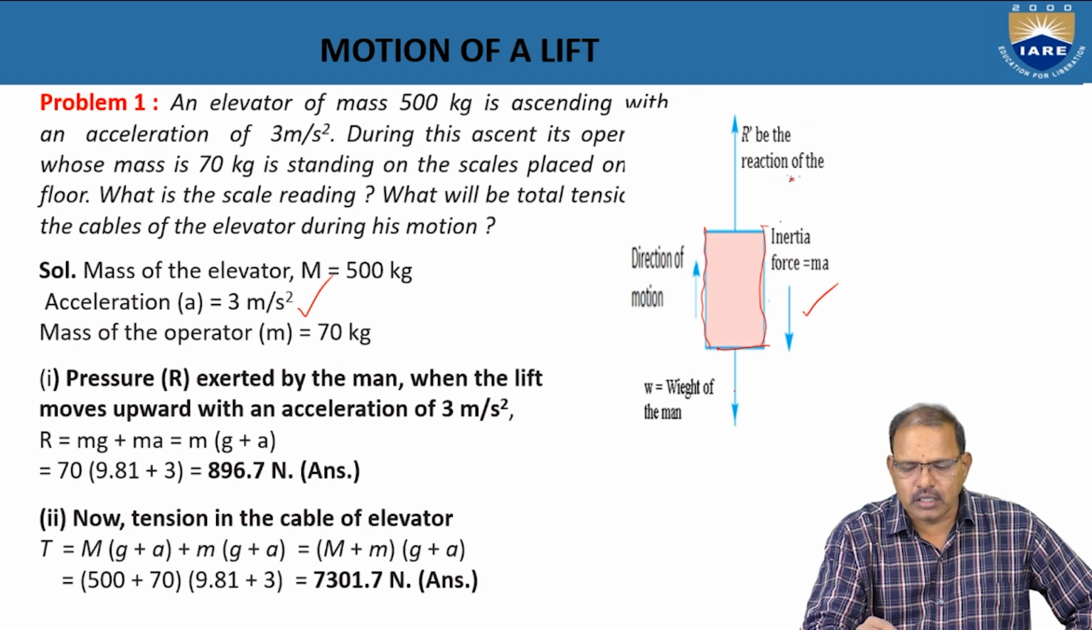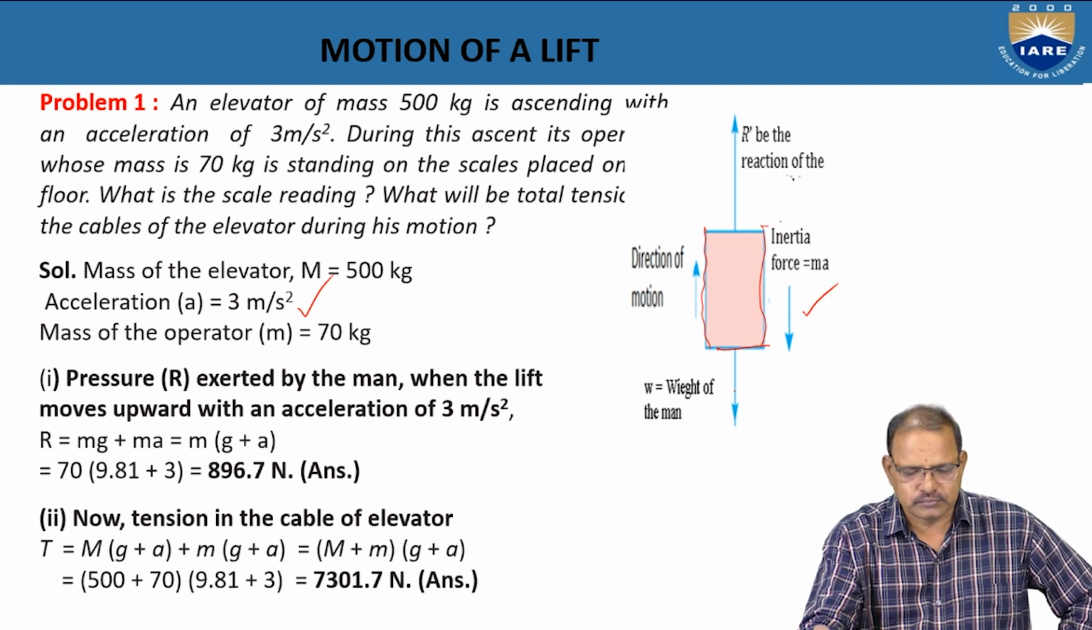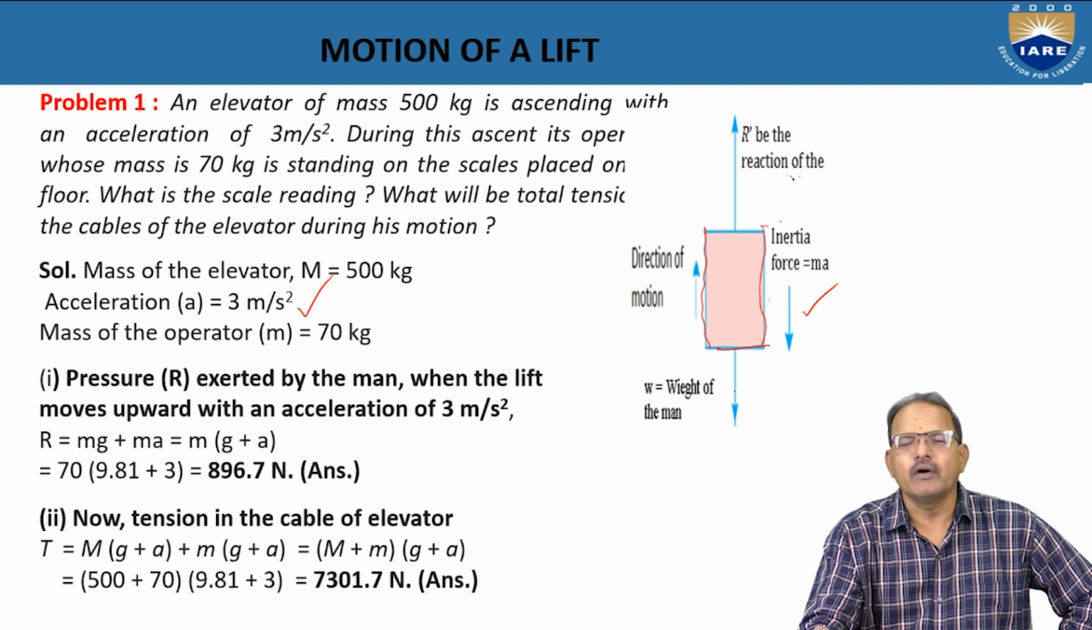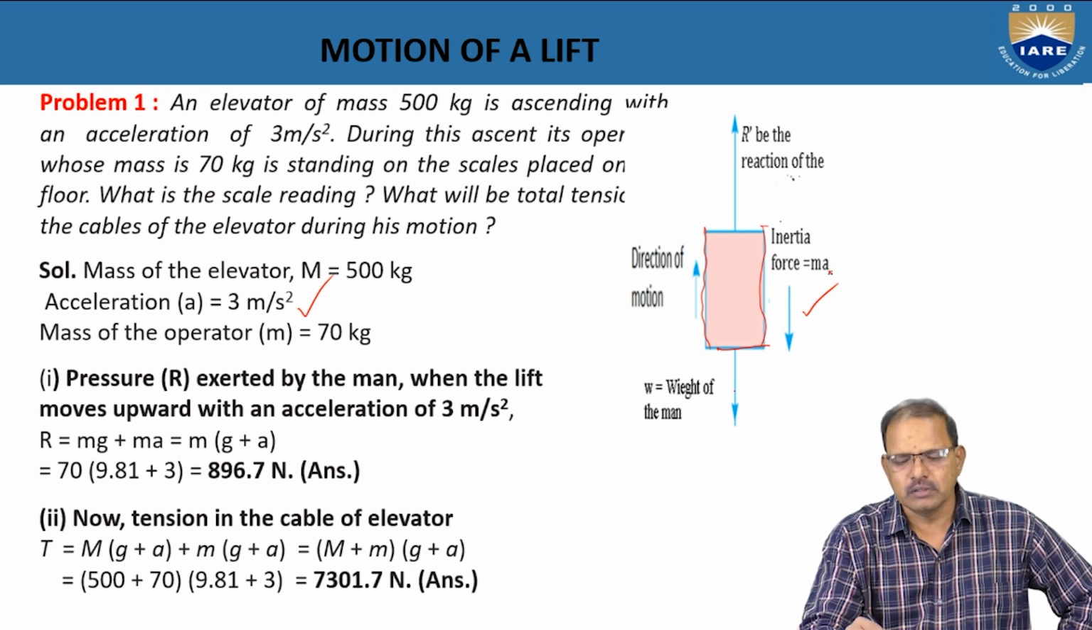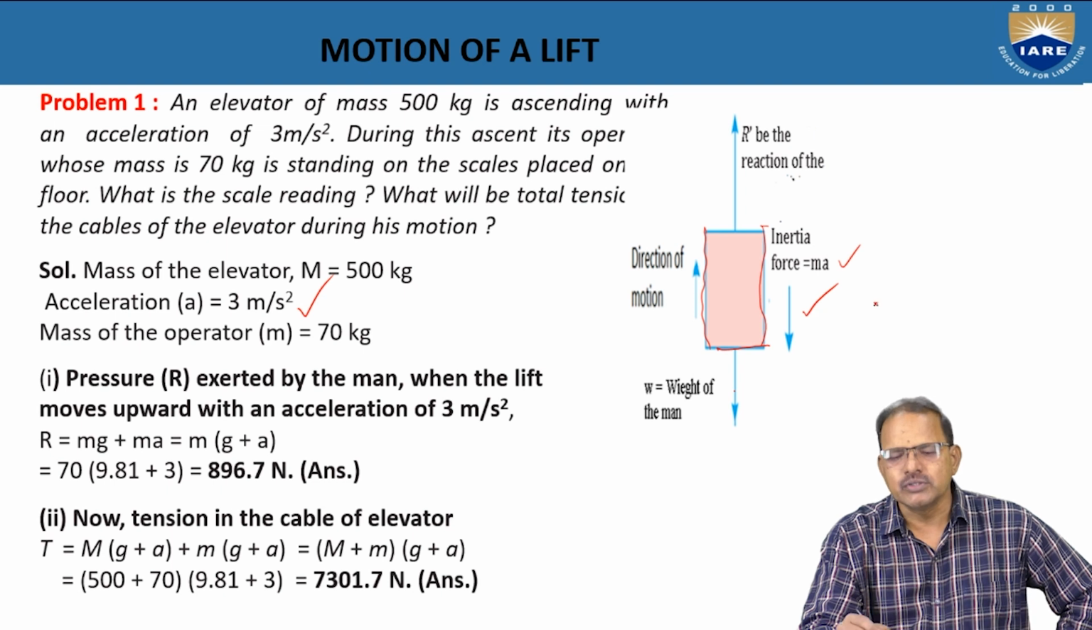And let R be the representing the reactions in the cable. So when I apply D'Alembert's principle, that is the resultant of all the forces always in equilibrium with the inertia force acting on it. This MA is nothing but representing inertia force, but here in opposite direction given, hence that is shown in the